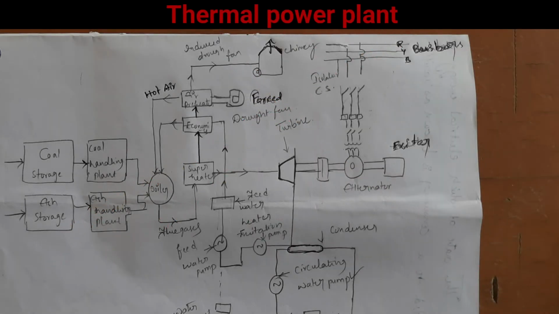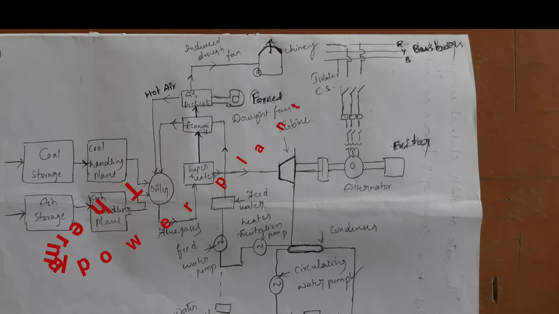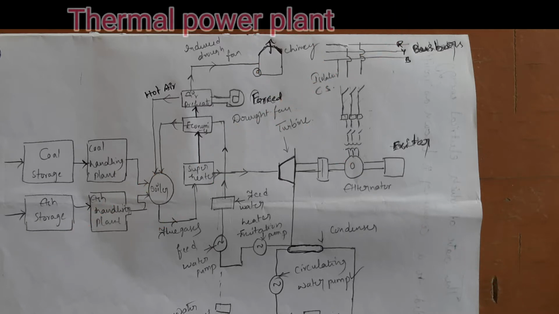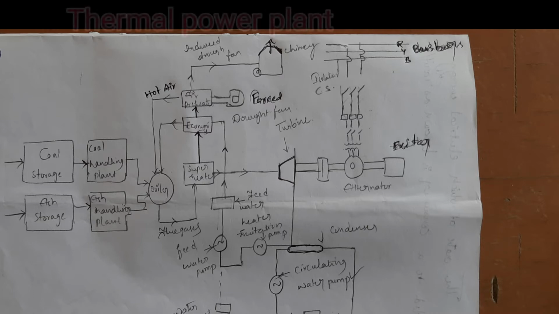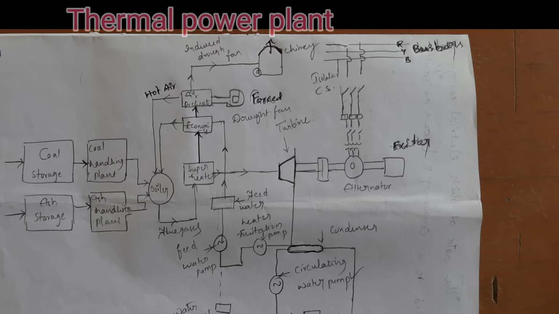Today we will see thermal power plant. So this is the total diagram of thermal power plant. First we will see it converts the heat energy of coal into electrical energy is called thermal power plant. Although steam power station simply involves the conversion of heat of coal combustion into electrical energy, it embraces many arrangements for proper working and efficiency.